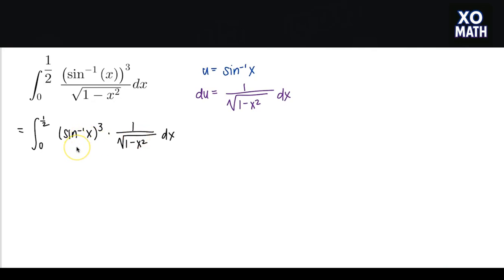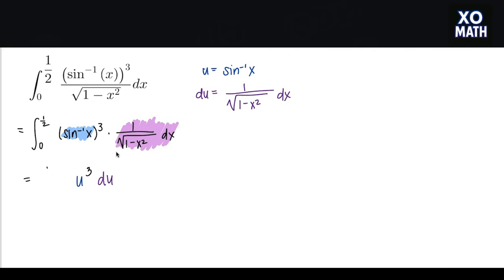Now our u, sine inverse of x, is being cubed, and our du is just right there being multiplied. So our du is 1 over the square root of 1 minus x squared dx. So our integrand is going to look like u cubed du,